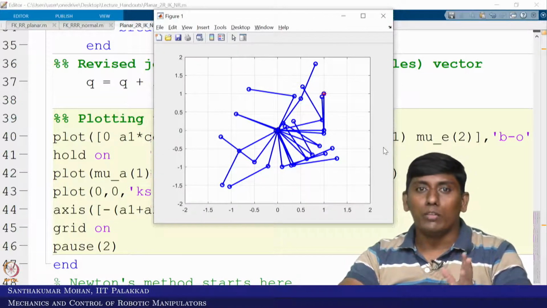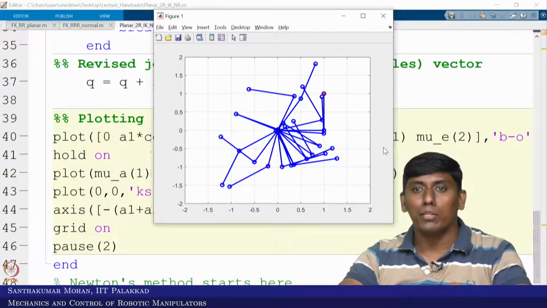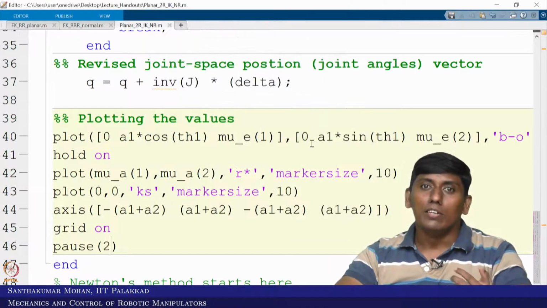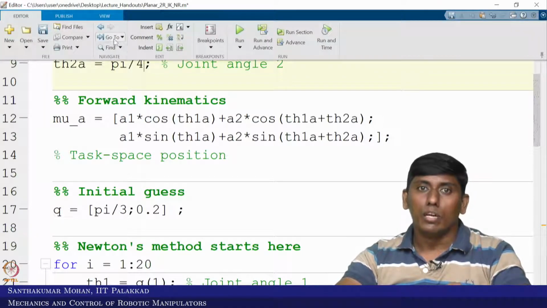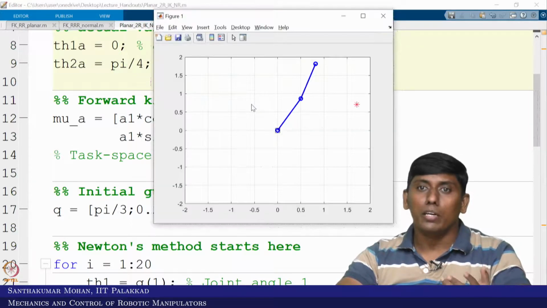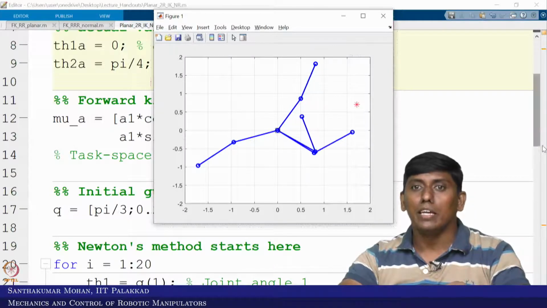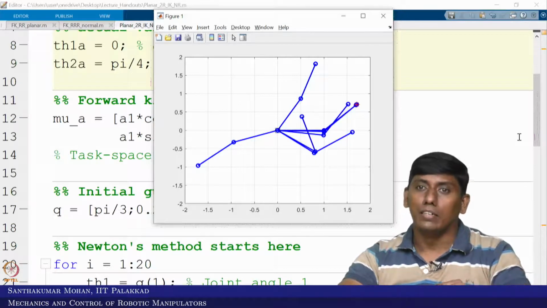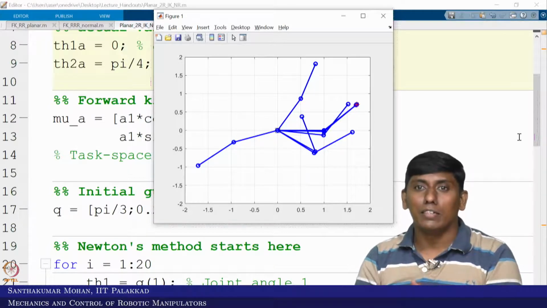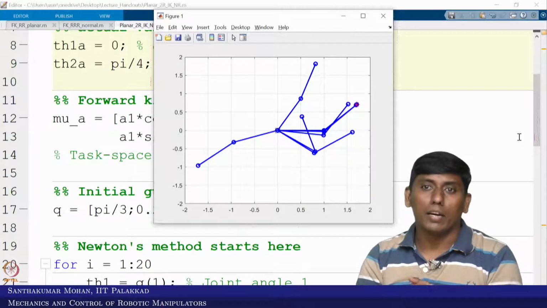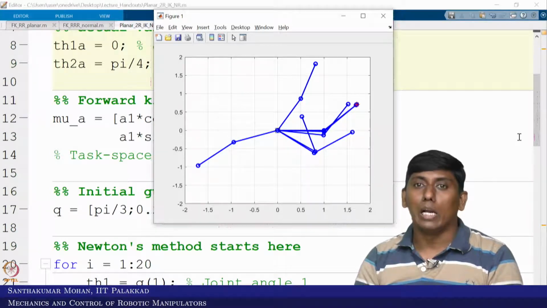I hope now you understand what the Newton-Raphson method is doing, and you can even change this target. For example, this is what we have given, right? Now I take this as the point. In the sense the mu point has changed. Earlier it was somewhere here, now it is changed here. So it may take fewer iterations because it is closer, and you can see it takes very few. So it depends on where your mu is and where you are starting. This will increase the speed, but you can see the solution is obtained in this case. That is what we are looking at here.